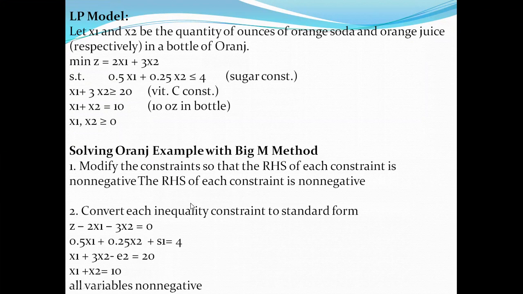Modifying the constraints such that the right hand side of each constraint is non-negative. So first one, it is a sign factor. It clearly specifies that because we need to manufacture 10 bottles, there is no negativity here, and it is greater than 0. Condition has been satisfied as per the mode of the problem. So the RHS of each constraint is non-negative. First one, it is clear.